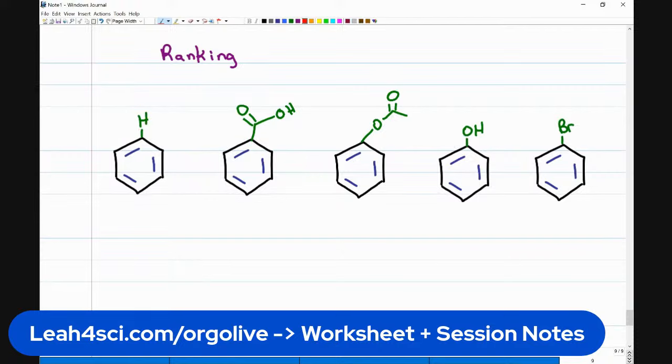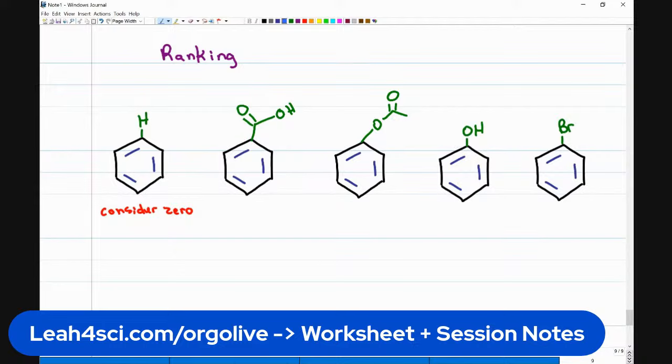This is a trick question. Consider hydrogen as your 0. Meaning, if something is activating, it is more reactive than hydrogen, which is my 0. If something is deactivating, like an NO2, it is less reactive than hydrogen, which is my 0. So hydrogen is the thing we compare against. So we're going to put hydrogen as 0, and then let's see what the rest do in terms of activating